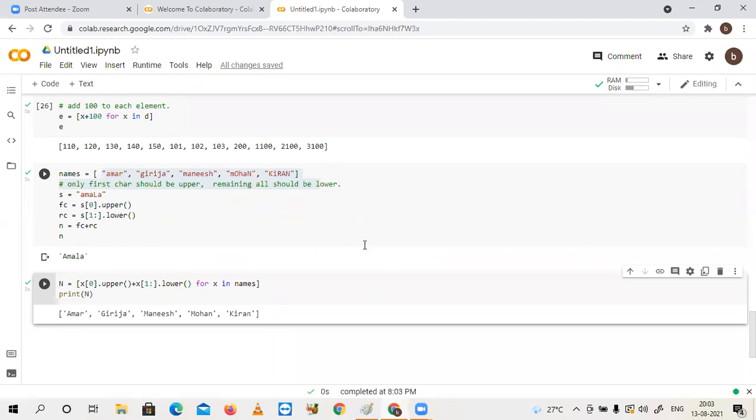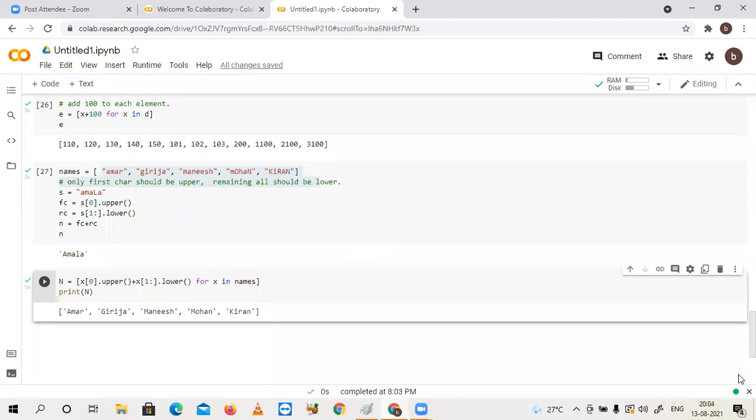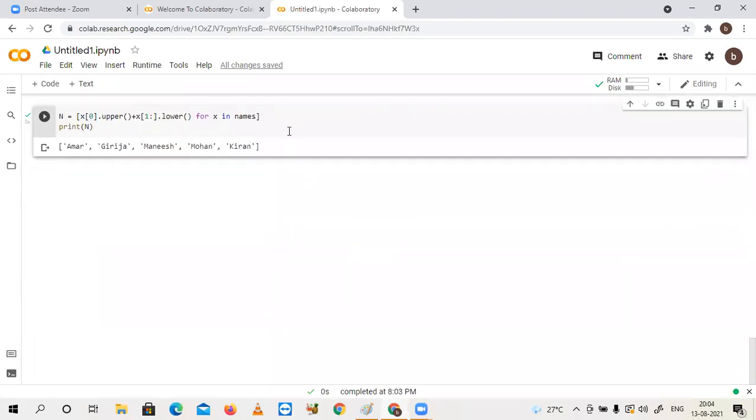Sir, do we have an init-cap function? Like in SQL, we have initcap. Do we have that? We don't have a predefined one for that. You are performing it using your logic. I think we have the capitalize method, right? Something like that. First, try to understand how exactly the core functionality is happening. Don't depend upon predefined functions.